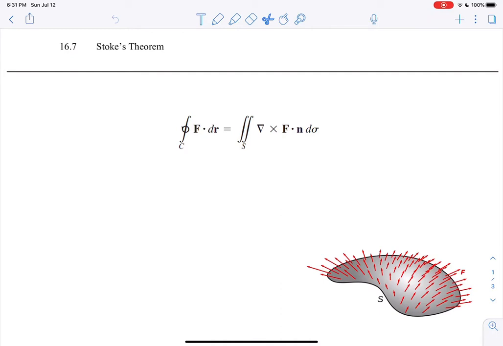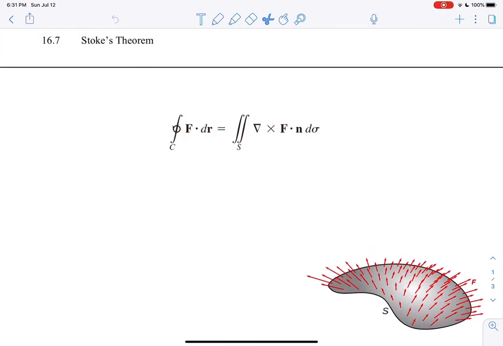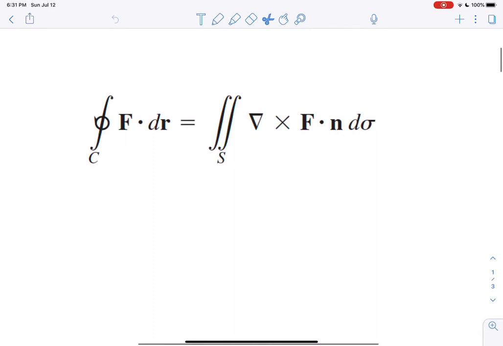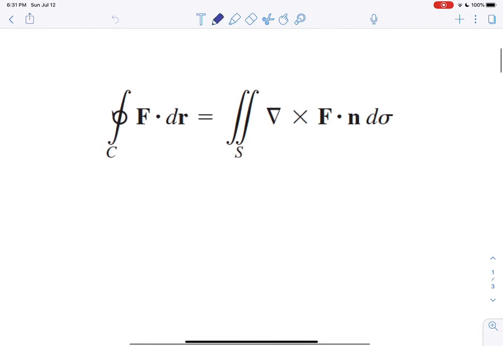I just want to jump in by looking at exactly what the theorem states. We can break down the pieces and then look at an application of it in solving one of the problems. So if we take a look at Stokes' theorem right here, this is what it says. On the left-hand side, this should be very familiar. This is a line integral, right? So we're looking here at a line integral